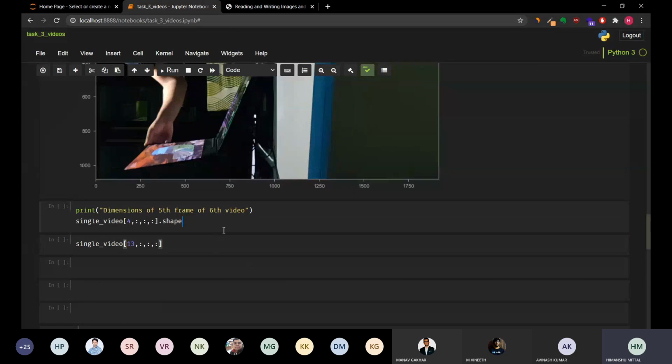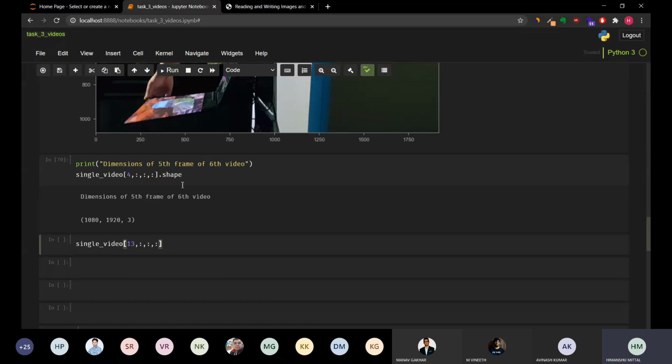So the next thing is the basic task that I have given, the shape thing. If you want to print the shape. Why this small task, where you print the shape, you plot the image, you print the pixel values? Because you have to understand the data structure very well to do machine learning later on, because it really creates a lot of problems if you don't understand the data structure.